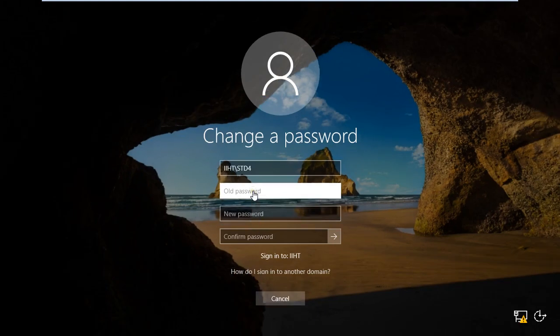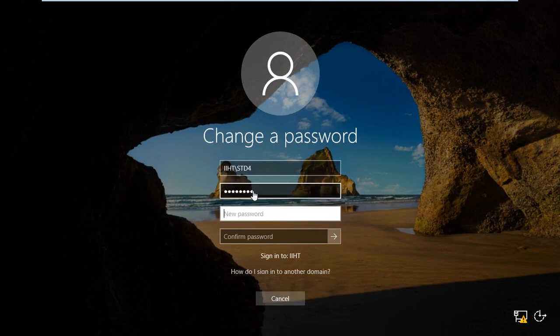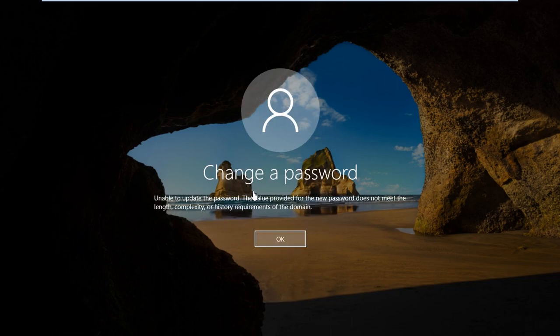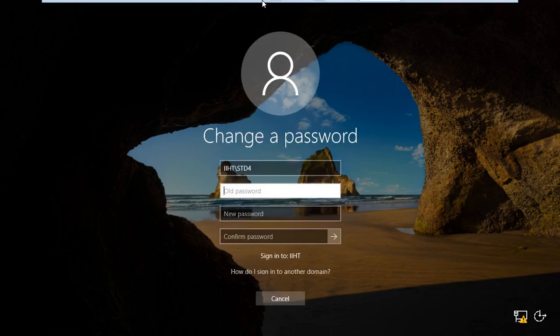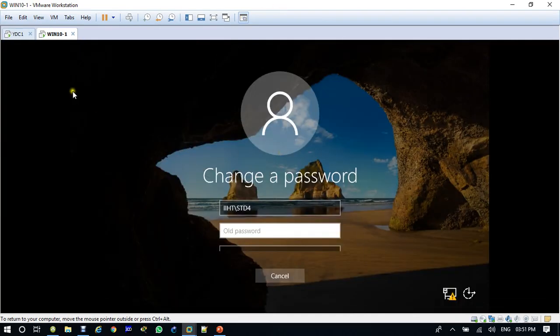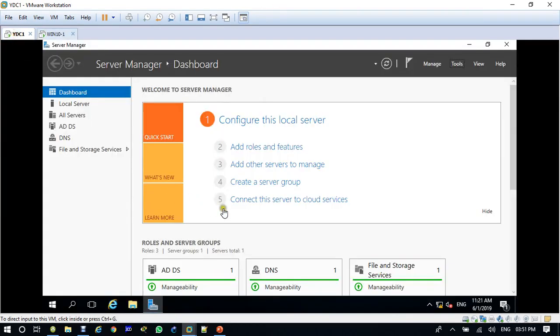Old password is 123 at IIHT. The new password you are trying to put is 123456. See, you are not able to change. So the password policy has been applied only to the specific department, the HR department. It has not been applied to other departments.